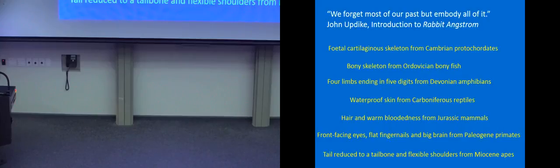And then our tail has been also reduced to a coccyx bone and our tailbone, and we have very flexible shoulders for primates, which we attribute to our Miocene apes. So a lot of the features about us, both in terms of very complex chemistry that's happening in each one of your cells at this very moment, to the overall aspects of your morphology, the way your body's shaped, can be traced through this long lineage of